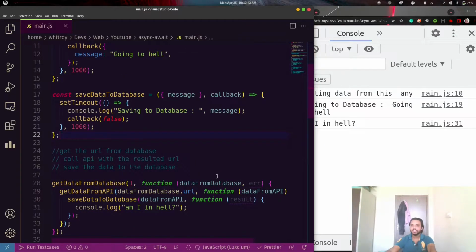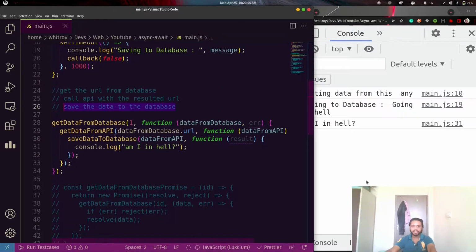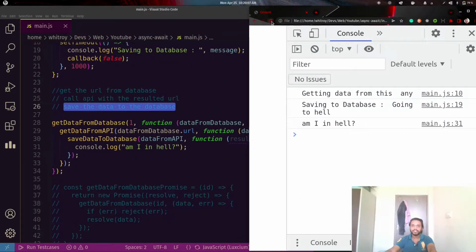We had discussed this example where we fetch a URL from the database, call the API with that URL, and save the data that comes from the API to the database. This example is running like this. I had discussed it as an example of callback hell.